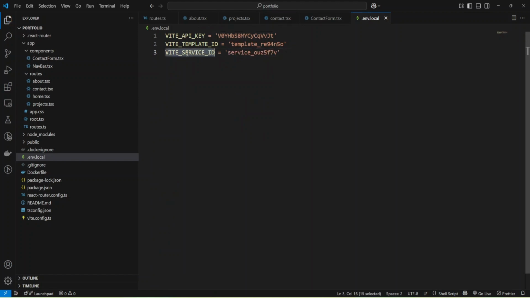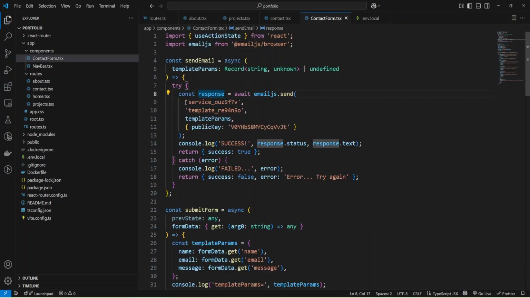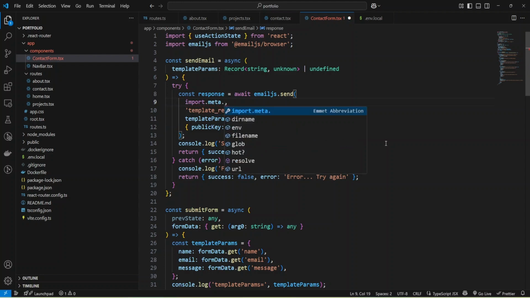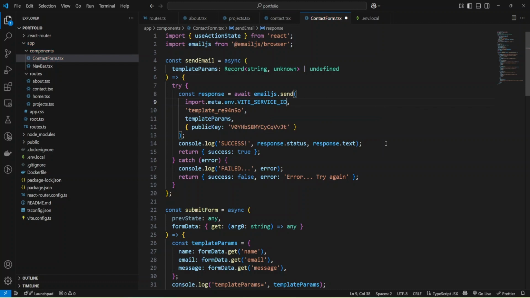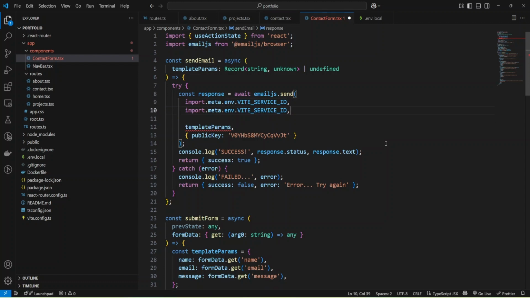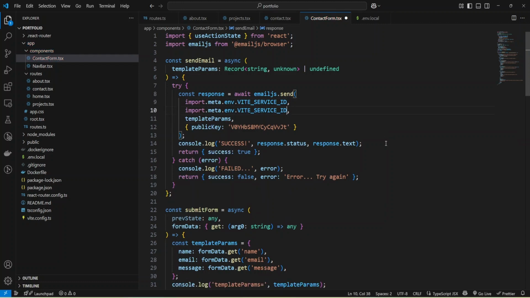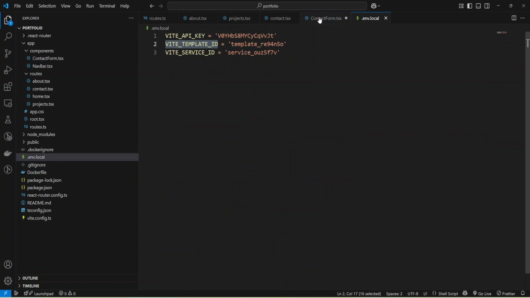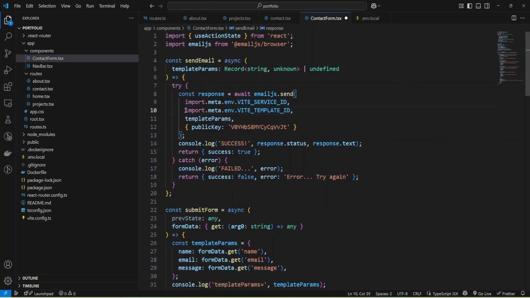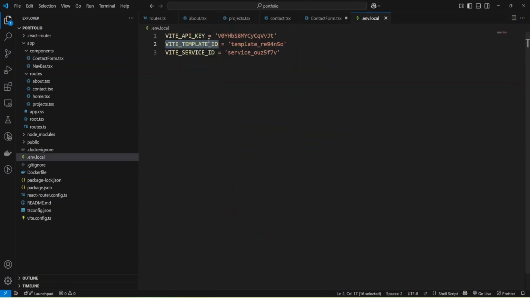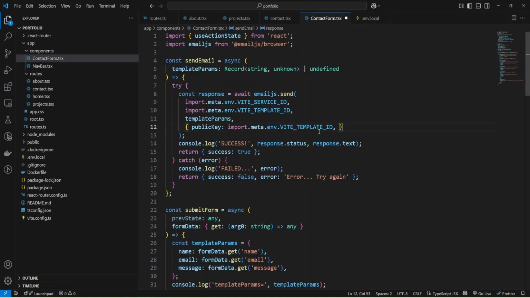We can use these values instead of hard-coded values, and we can use import meta, and inside meta we'll have env, and I'll use my service ID, and also I can use template ID, and also will provide my key.